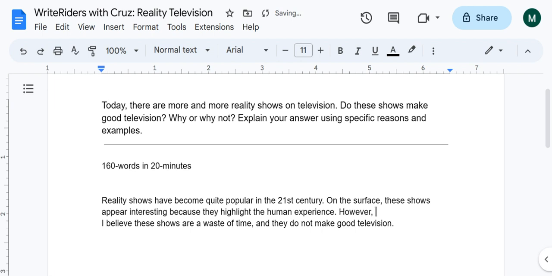However, on a deeper level, I'm trying to think of this idea of explaining what life is really not like and how it's pretty much scripted. It's not exactly how life is. So it's an edited version of life. So that's what I'm going to go with, something like that. However, on a deeper level,